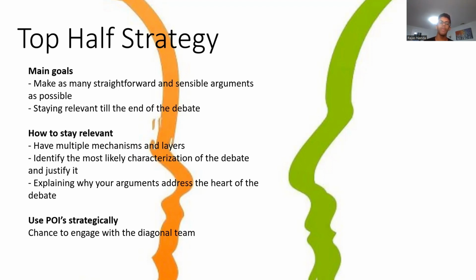Secondly, you need to identify the most likely characterization of the debate and justify it. So here, what I mean by characterization is the most likely world in which this debate is going to take place. To give an example here, so that it's not too abstract, if the motion was about legalizing all drugs, then as a proposition, as an opening government team, it would be a mistake to characterize the debate as being that the vast majority of drug takers within this debate are going to be 70-year-olds. Because if your arguments rely on that assumption that this is a world where 70-year-olds are the main drug takers,